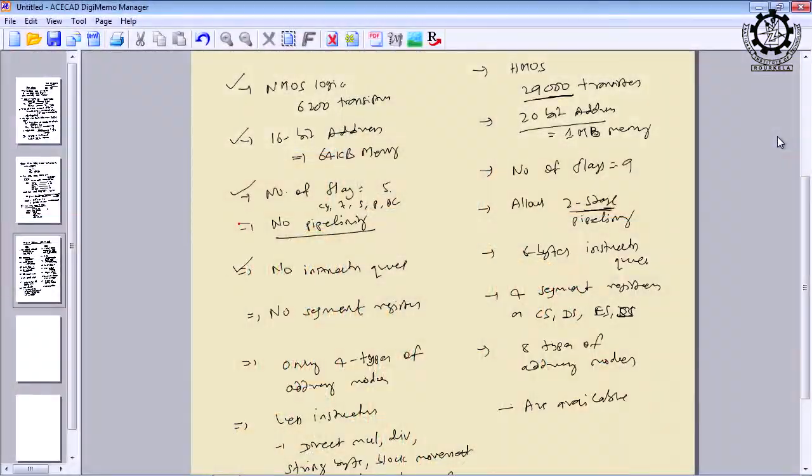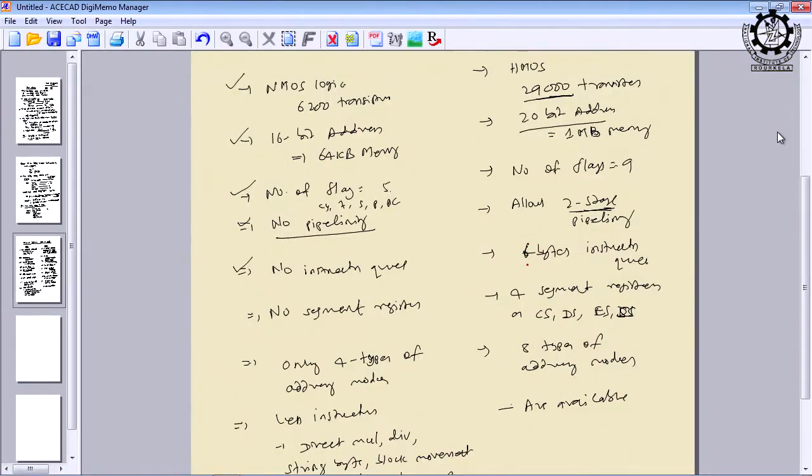And in 8085 there is no instruction queue available. We cannot buffer the instructions; everything you have to bring from the memory, that is RAM or ROM. We cannot store the instructions inside the microprocessor, because we do not have any exclusive storage inside 8085 to buffer a few instructions in advance. Even though 8085 is capable of executing more than one instruction, because of the lack of a buffer, the instruction execution time is limited.